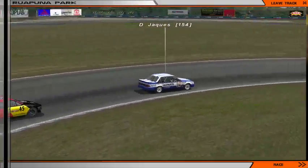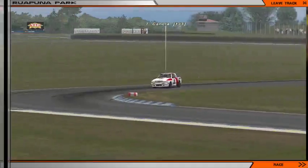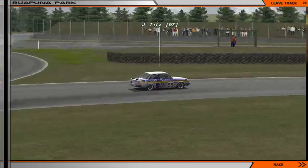So David, unfortunately, with his still not completely healed right foot, goes a bit too much off it on the throttle pedal and drops from first to third, as Thiago looks set for another win in this championship, and of course the first driver to get to 2 wins. That's